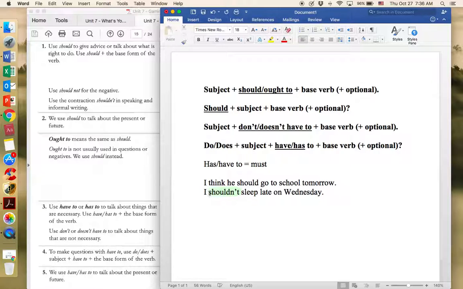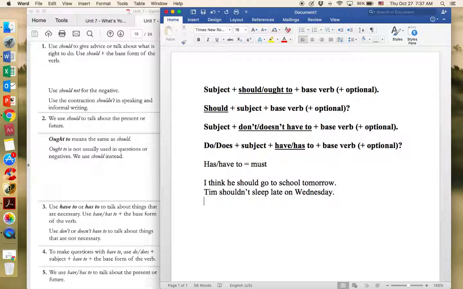We don't say I ought not to. Ought not to. Nothing like that. We don't say I ought not sleep late on Wednesday. In old-fashioned English, they might say this, but for our purposes, we're just getting away from it. I shouldn't sleep late on Wednesday. And again, this is just more of a recommendation. It's a light piece of advice. And maybe to make it a little bit clearer, we could say Alan shouldn't sleep late on Wednesday, giving advice to another person. But any subject is fine. I or Alan or Tim or whatever, anybody.